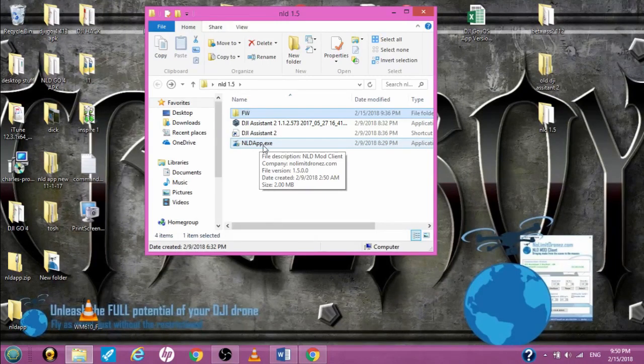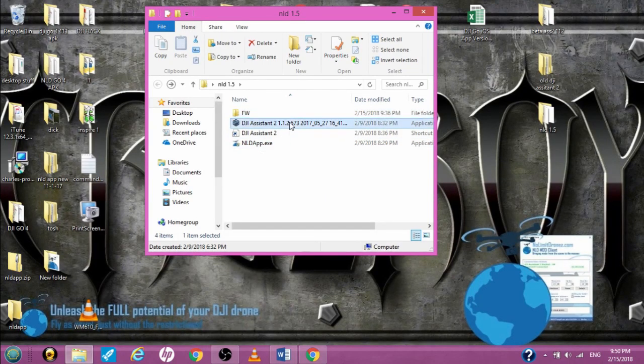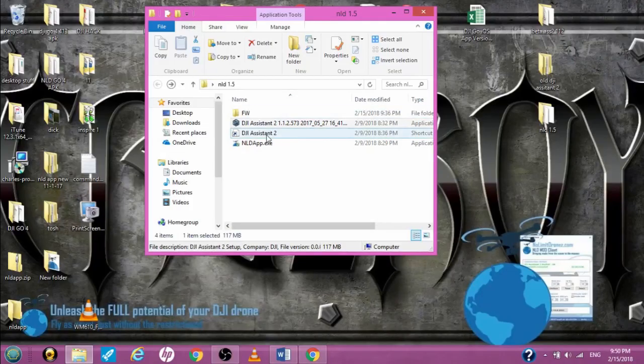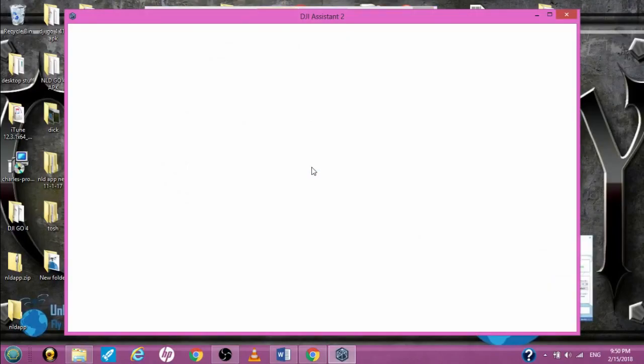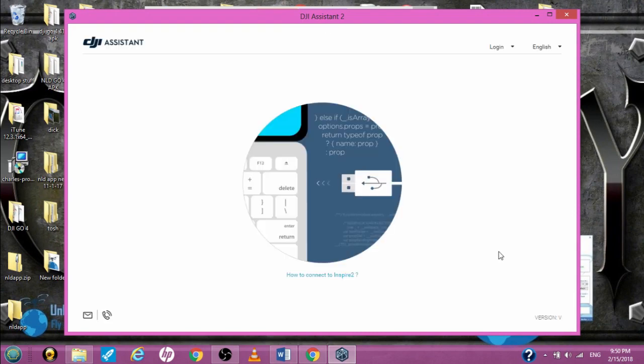First off, I like running everything as an administrator, so I'm going to open up the AS2 as administrator, and I just goofed, hold on, that's to reinstall it, the NLD exe file. Okay, I'm going to run the Assistant 2, and always check your version because I have multiples running on this PC, but the version is